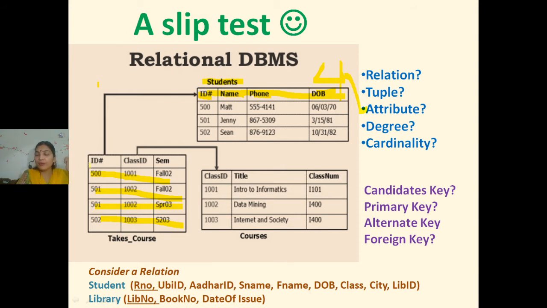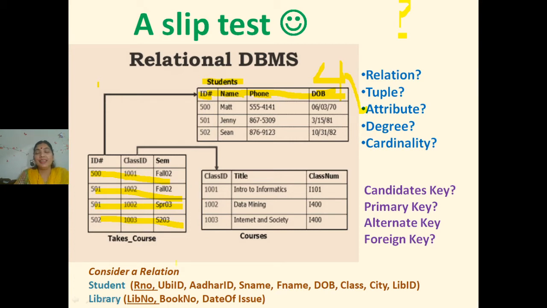Yes, 3 attributes. So the next term we have studied was degree. Degree means the total number of attributes. In the table students, how many attributes do you count? I have already counted earlier and written it here. It is 4. So the degree of this table students is 4. The degree of table courses is a question mark for you all. It is 3. The degree of the table takes course is